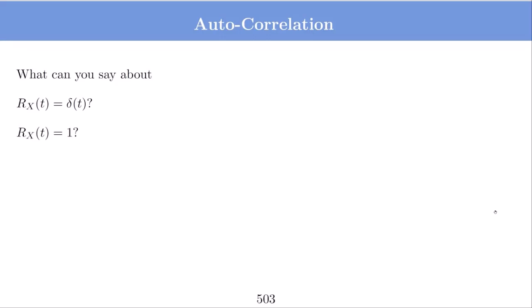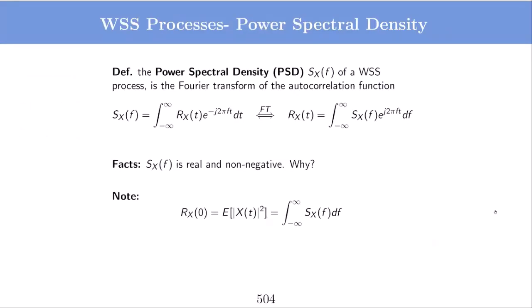So from this, let us come back to the power spectral density. Remember, power spectral density is defined for the wide sense stationary process. For a wide sense stationary process, the PSD is defined as the Fourier transform of the autocorrelation function. So if Rx(t) is the autocorrelation, I take the Fourier transform to get the PSD Sx(f). And because of the Fourier pair, I can also compute the autocorrelation from the PSD by taking an inverse Fourier transform. So if I take Sx(f), multiply by e to the power j 2 pi f t, and integrate with respect to frequency, I will get the autocorrelation function.